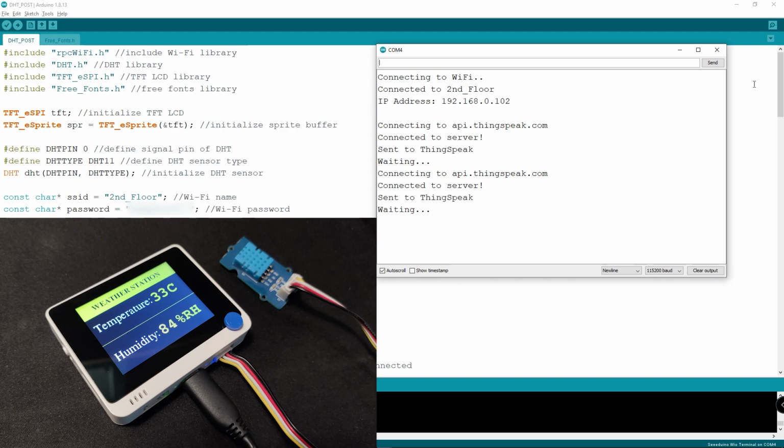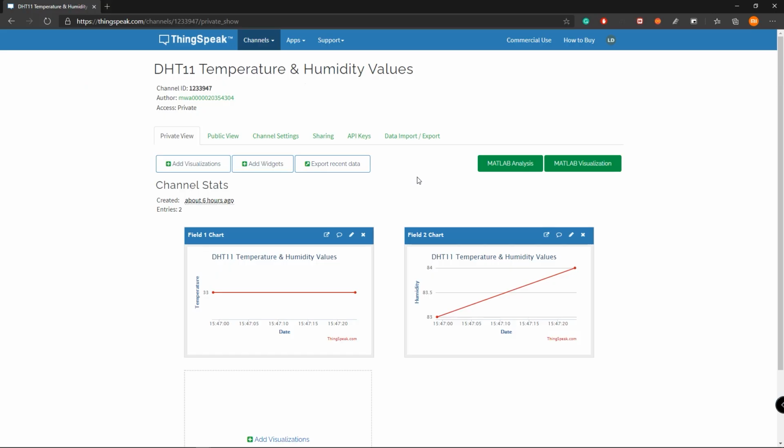Now when we open ThingSpeak, we can visualize the data from the DHT11 sensor. This is the temperature information and this is the humidity information.